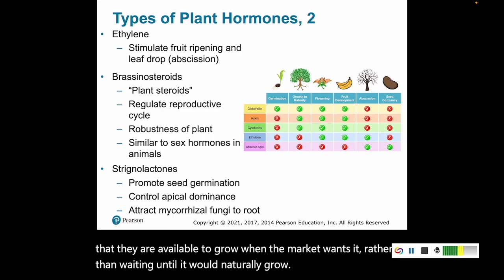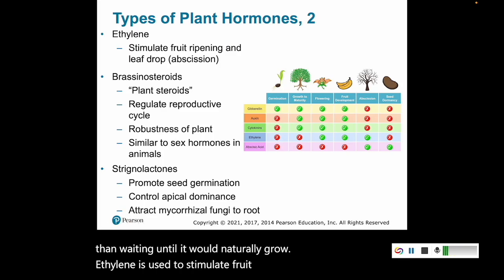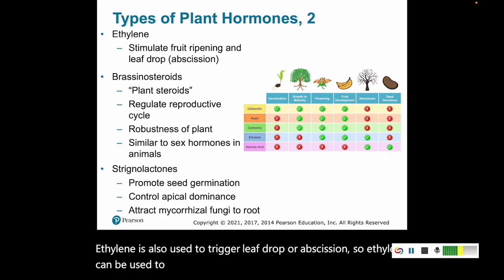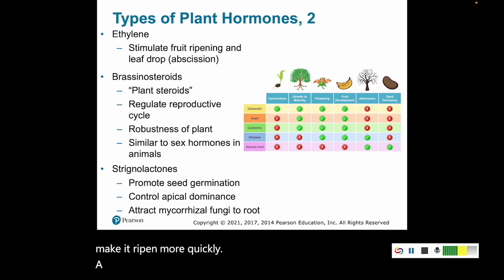Ethylene is used to stimulate fruit ripening. Ethylene is also used to trigger leaf drop or abscission. So ethylene can be used to treat a plant to make it ripen more quickly. A lot of plants, though, will be kept from ethylene, so they'll be picked when they're still green,